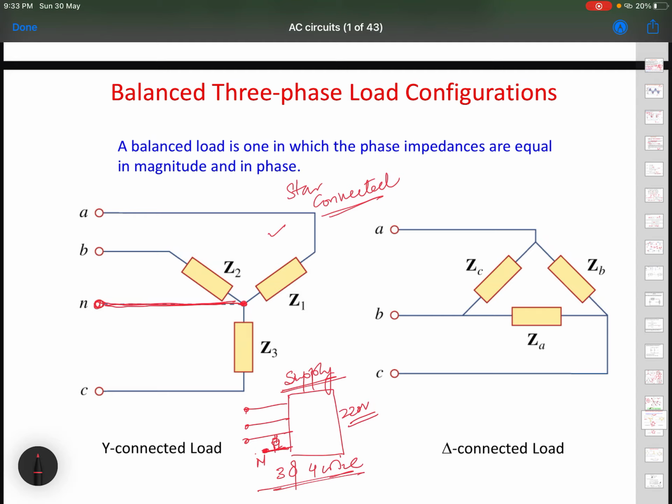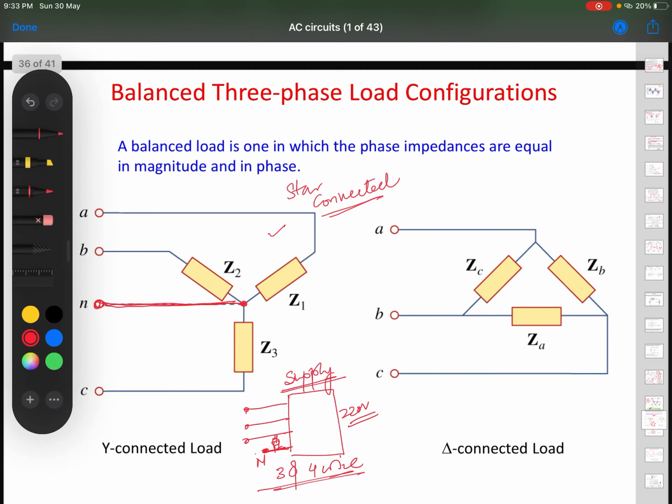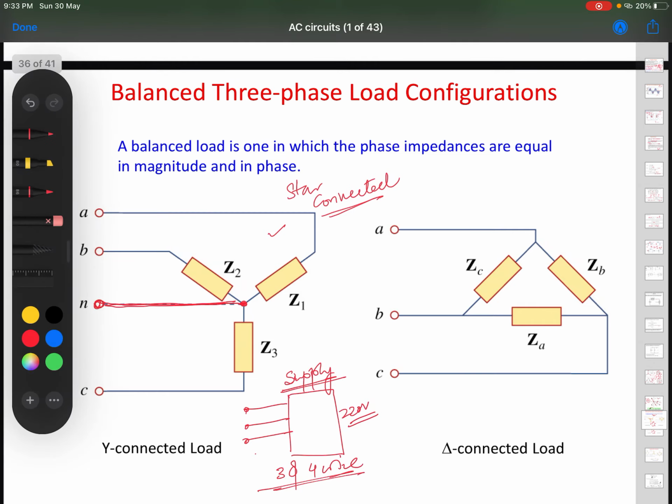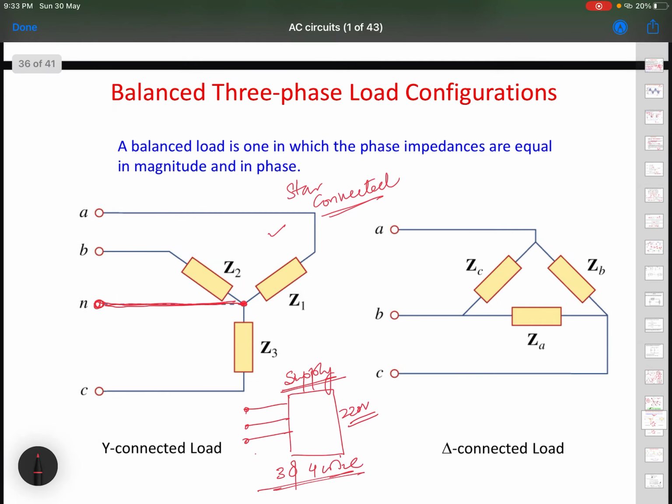The other flavor would be where there is no neutral, but only the three phases. A three-phase motor could be of that type, or loads could be connected in that way where you don't have a neutral coming out of the system. So this is what a star connected load is, and you will find three loads or three legs connected this way in star, and each one is named per phase A, B and C, and then they can be connected to the source.